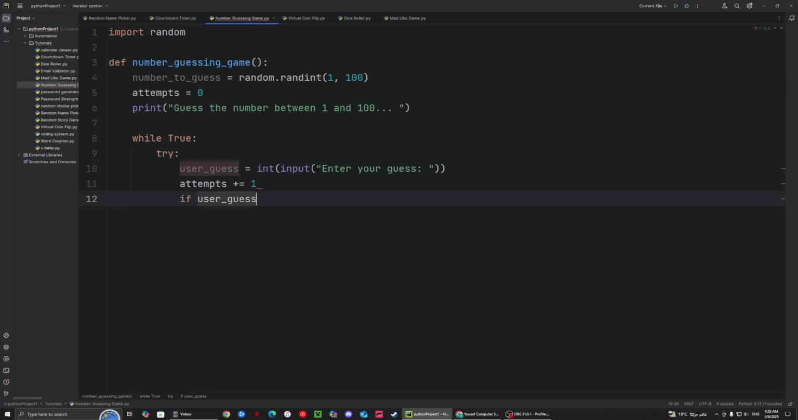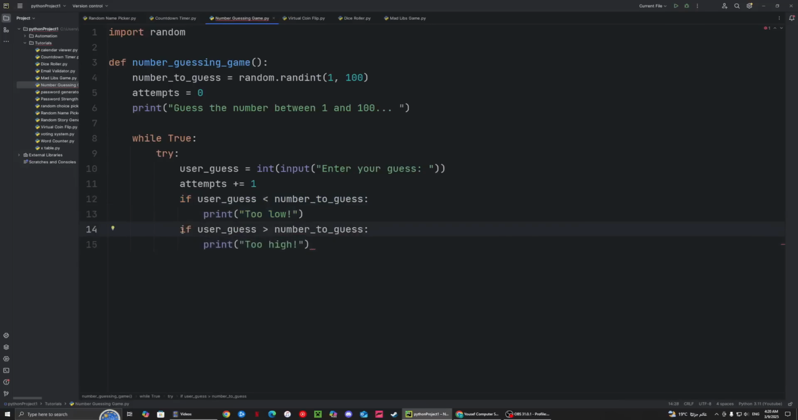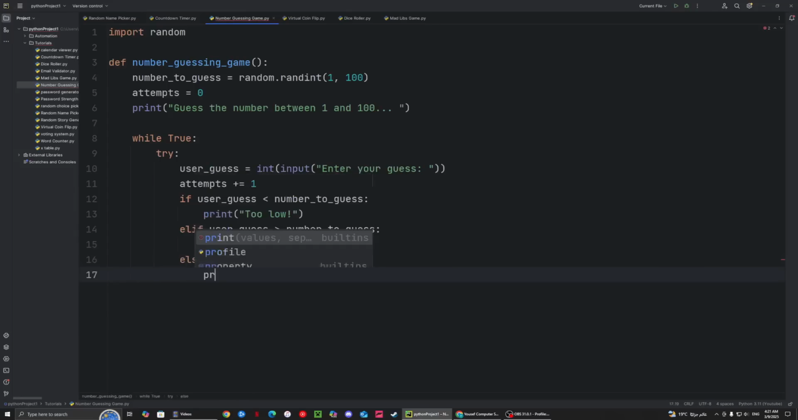And then if user underscore guess is lower than the number to guess, then we want to print and say that it is too low. And same thing for too high, except, you know, the opposite. And we want to have an else statement because if it's not too low or too high, then we guessed it right, which means we print